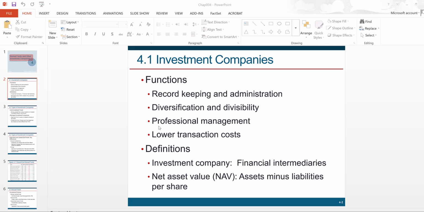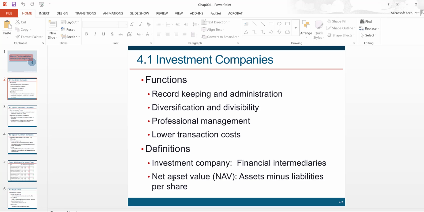You get the expertise of professional managers, and overall your transaction costs are lower because mutual funds can offer economies of scale, so they can actually create very large portfolios, and they can transact at lower cost because if you think about fixed investment costs, they can be quite low if the portfolio is very large. So investment companies are financial intermediaries between the investors, the clients, and the companies in which the money is invested,